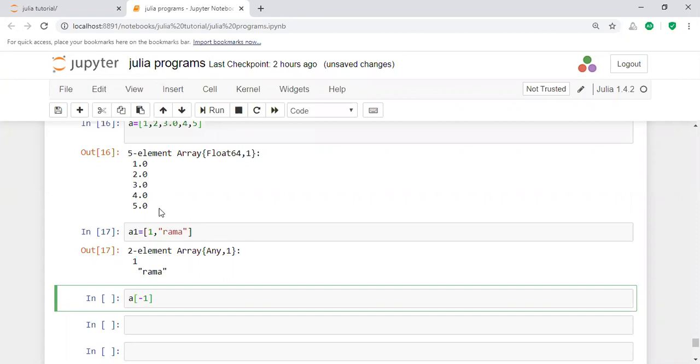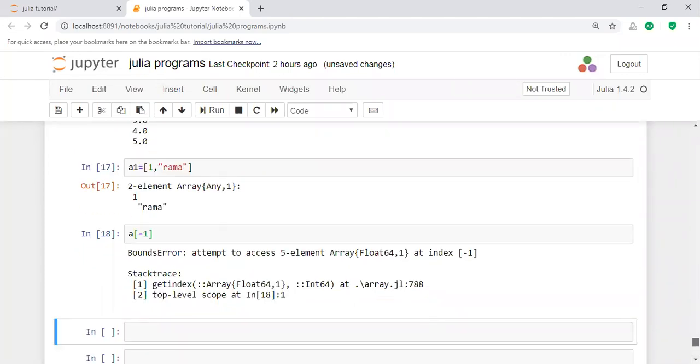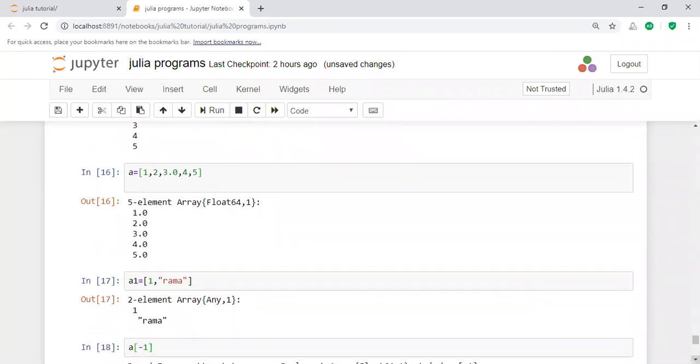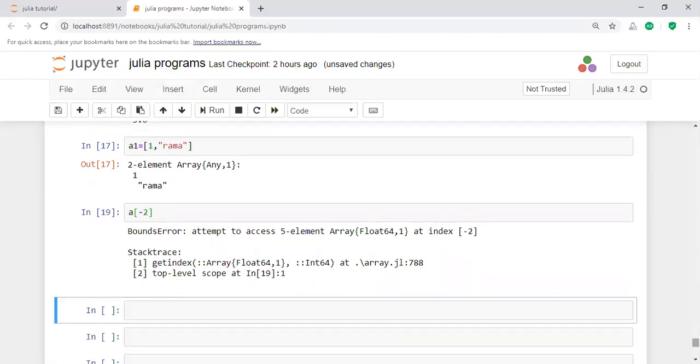And one of the important things here is, for example, a of -1. Here, the negative value means it will use a from the bottom value, that means the last value. This negative representation indicates the last value. I think it may have some error here. I think Python supports the negative value representation. For example, I am taking it from 2, is it accessible or not? Verify that one. No, it's not a negative representation here. Okay, leave it.